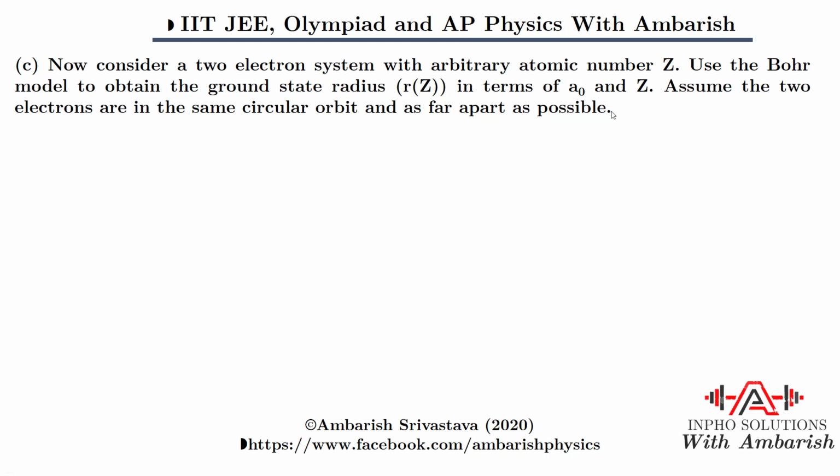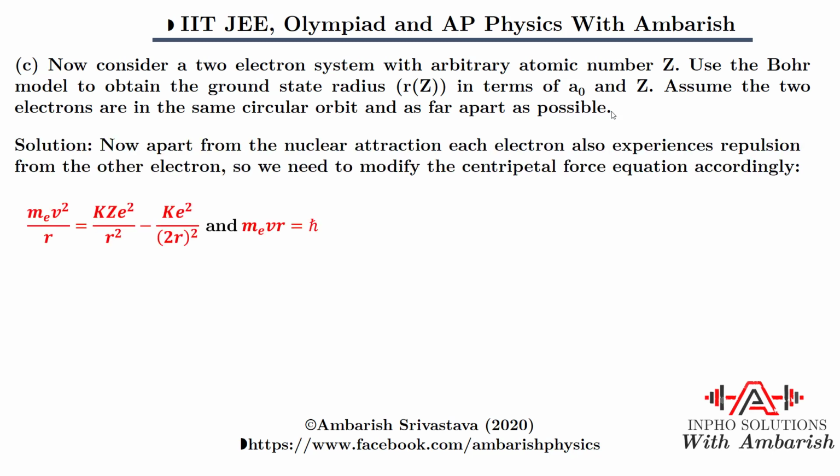Now what modification will be required? Generally in the Bohr model we have a single electron, but here there are 2 electrons, so we have to take into account the repulsion by the other electron, which is present diametrically opposite. But the standard procedure will be the same. We will apply the quantization rule, and the centripetal force is equal to mass times centripetal acceleration. So mv square by r, that's the centripetal acceleration, should be equal to kze square upon r square. Now this is the force due to the nuclear attraction.